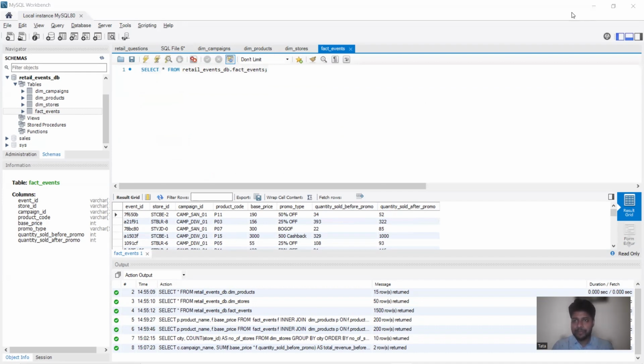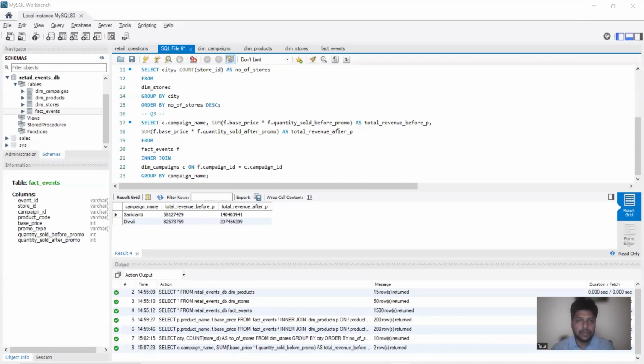Before we move on to the next question, which we discussed just now, question 4, I just want to mention one thing over here for question 3. Here I need to also format this in millions. So 1 million is equal to 10 lakhs. So here I'm going to use a function which is called format. And here I'm going to write